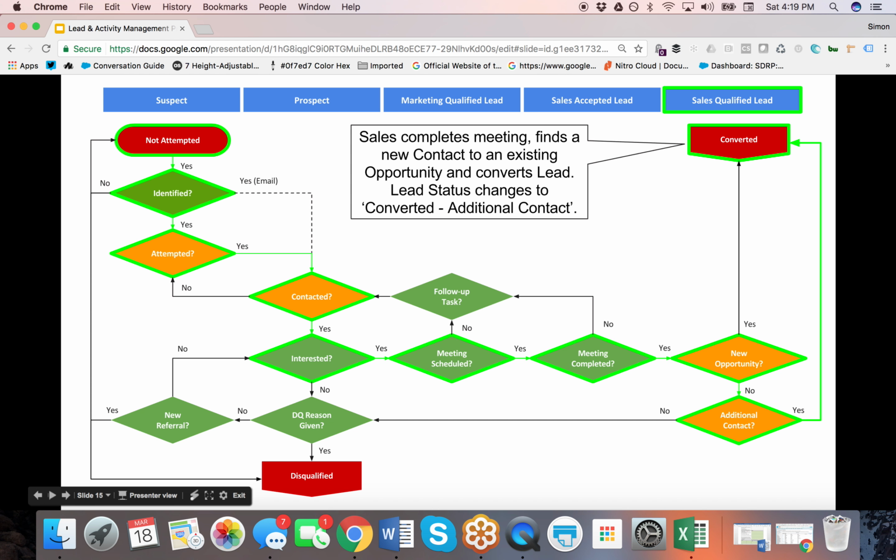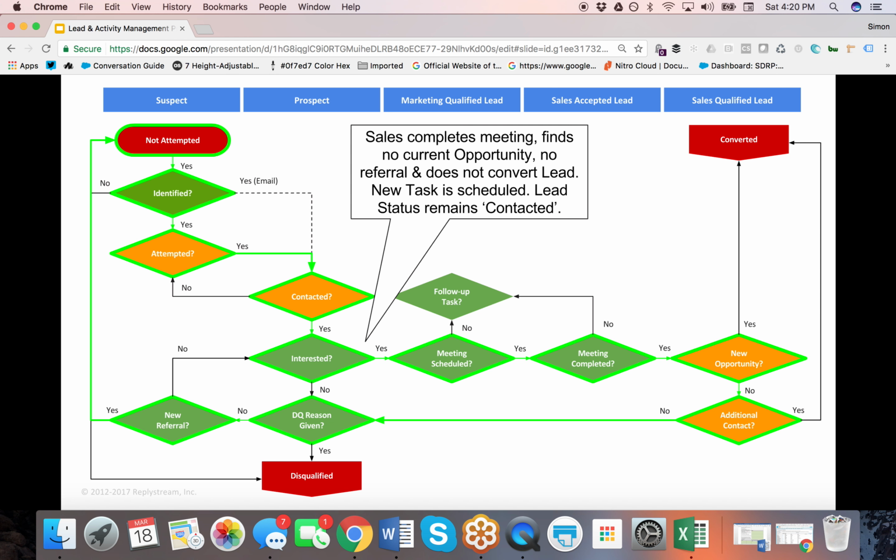The second scenario is that it's not a new opportunity, but we do identify an additional contact to an existing opportunity, or just an additional contact that we want to convert and follow up and attach to an account and follow up with. The third scenario is that, and obviously this does happen, the meeting completes and the salesperson determines there's no opportunity, this isn't a person of interest, but